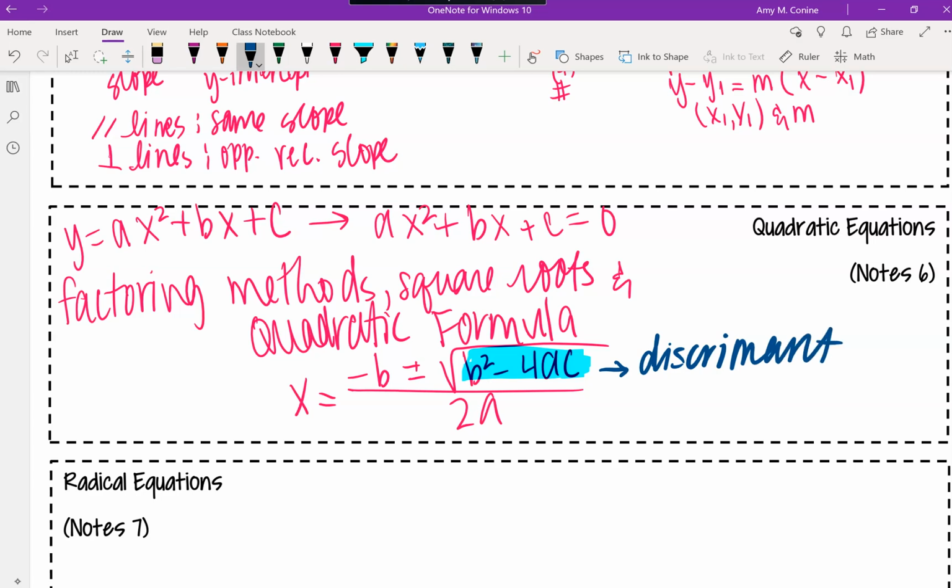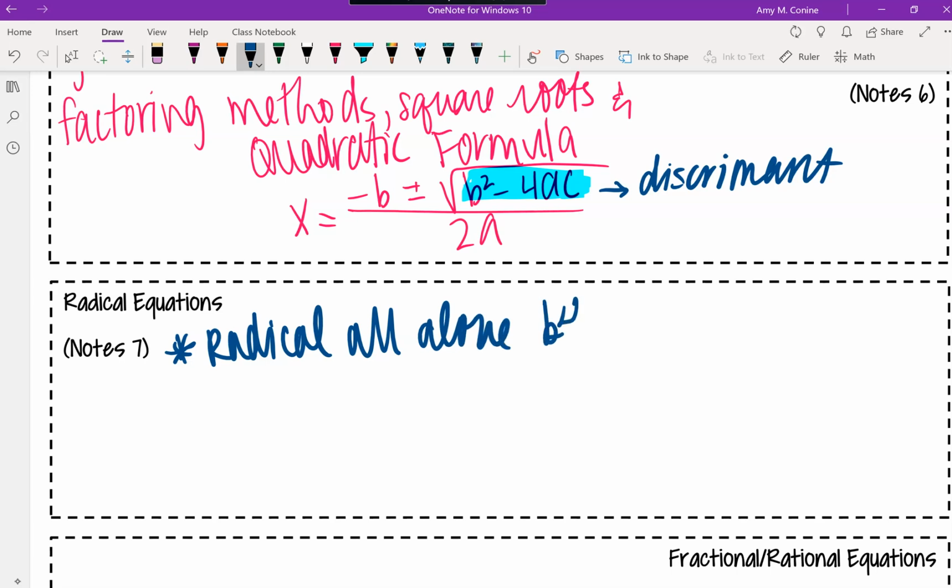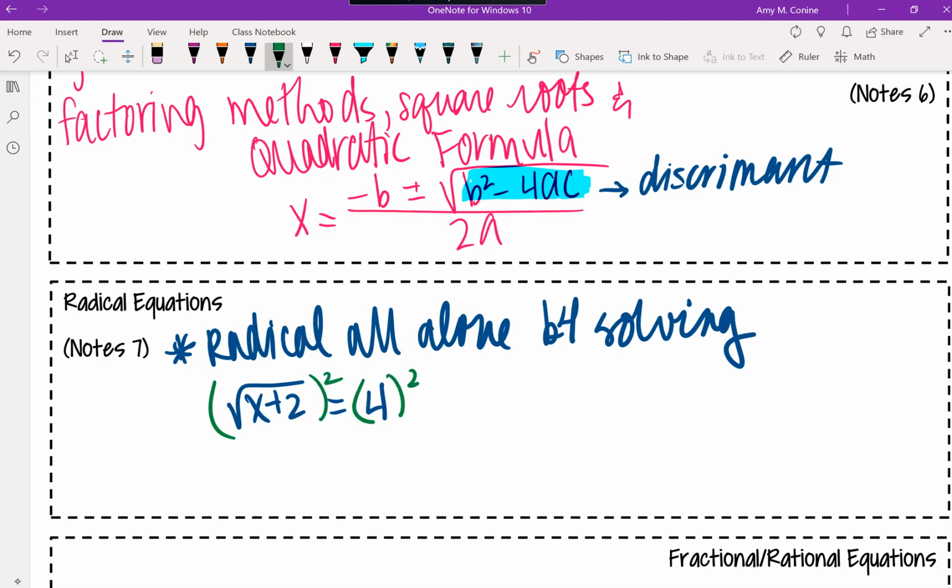So, all right, now moving to radicals. Radicals we'll do in note 7. You need to make sure that you get the radical by itself, all alone, before solving. We'll talk about what that means. So if you have something, for example, that looks like this, when you solve radical equations, you will square both sides if the radical is by itself. So then you're left with